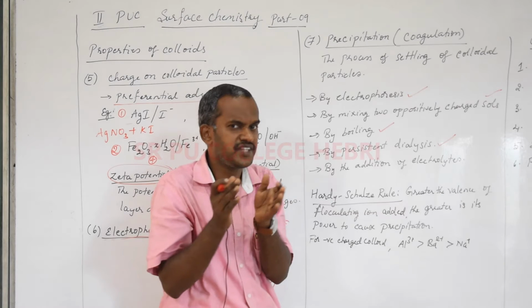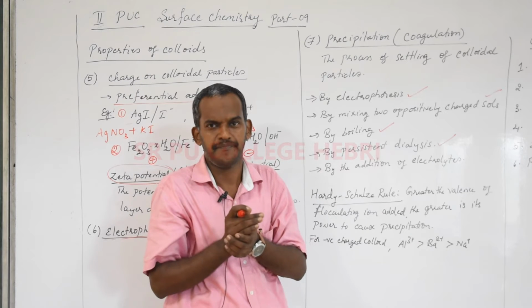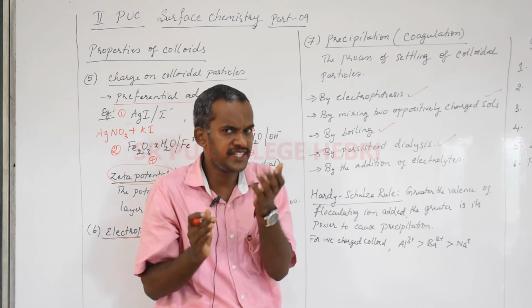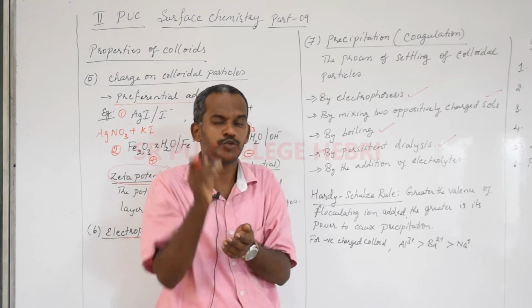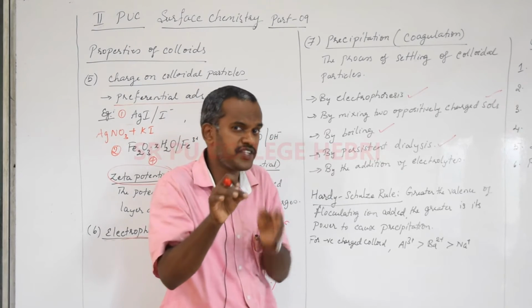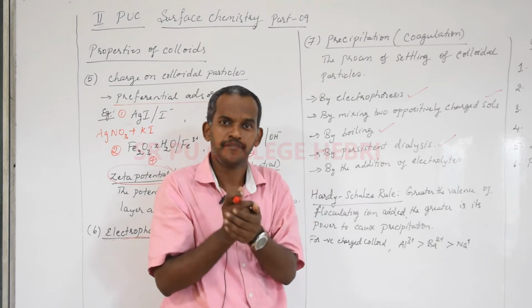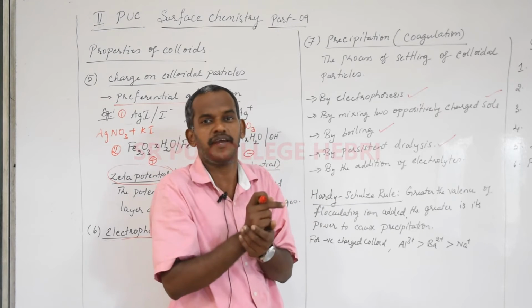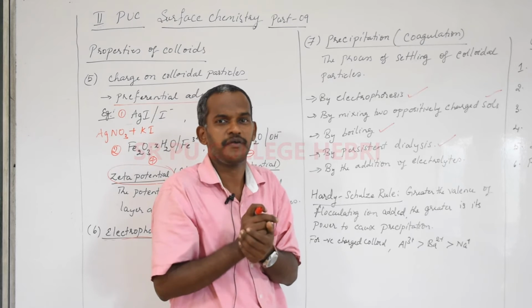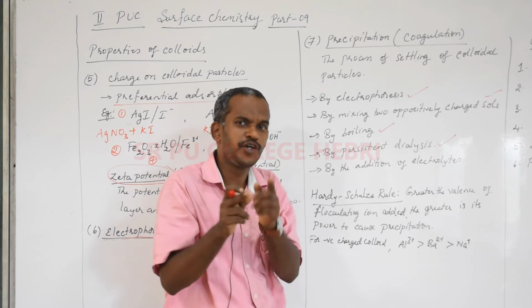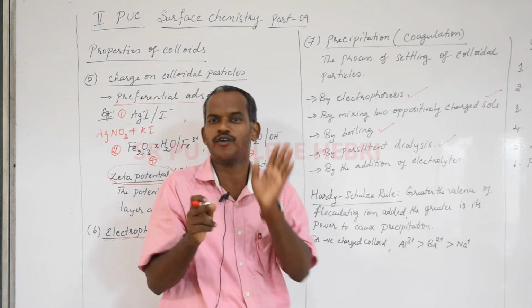Remember, suppose there is a negatively charged colloid, I will add sodium chloride to that. Students, you are understanding what I am telling? I will take a negatively charged colloid and add common salt, NaCl. When I add sodium chloride, what happens? It forms Na plus and Cl minus, you know. And among Na plus and Cl minus, which is the active ion or the flocculating ion? Simple, the ion which has the opposite charge of the colloid is the flocculating ion.